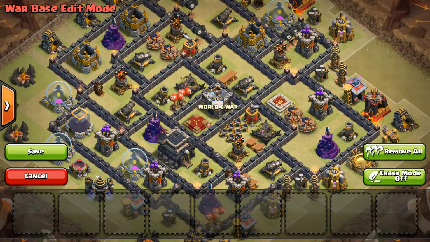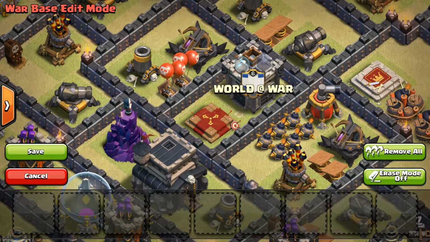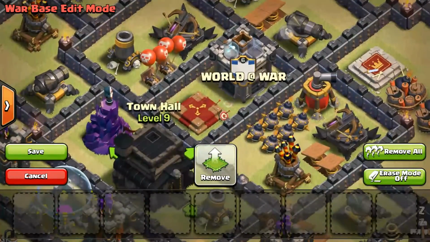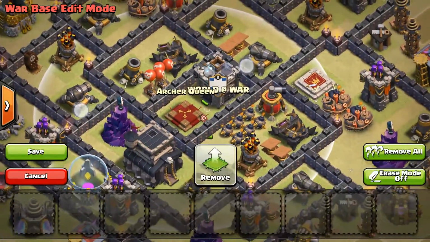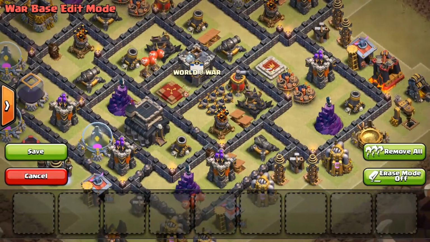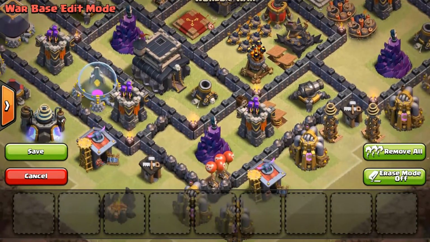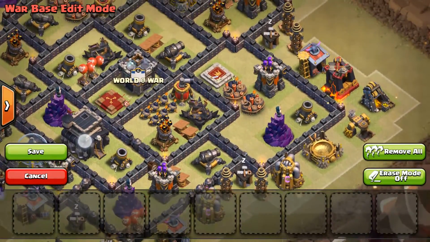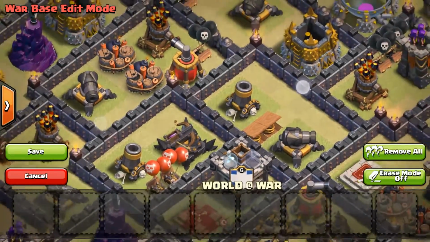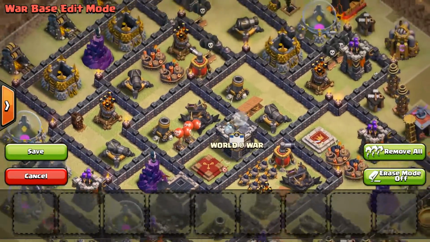So the premise of an anti 3-star base, very basically, is the town hall is not in the middle. Because if the town hall is in the middle, that generally means that there are some other pretty big weaknesses in the base. Another characteristic is bomb placements and spring trap locations, as well as air mines and stuff. And I'll go over that a little bit in